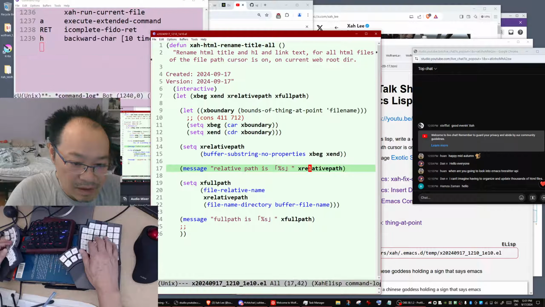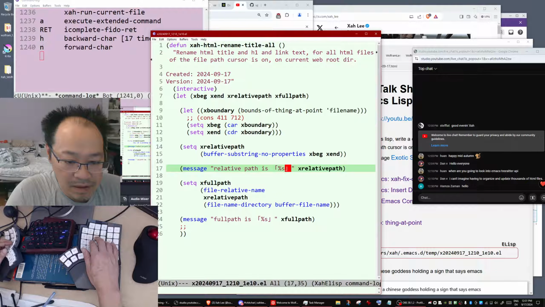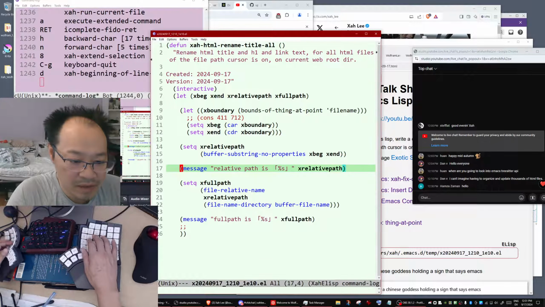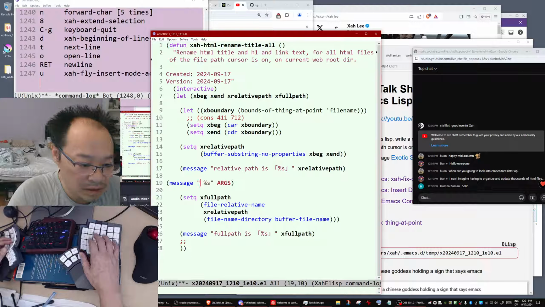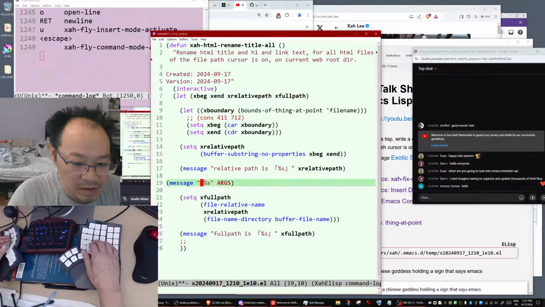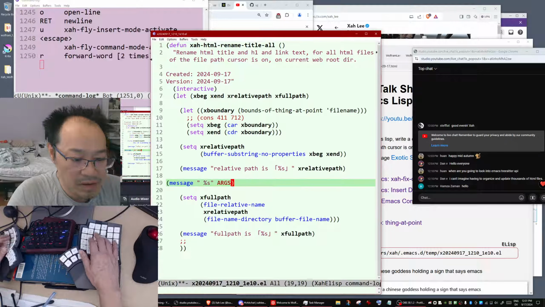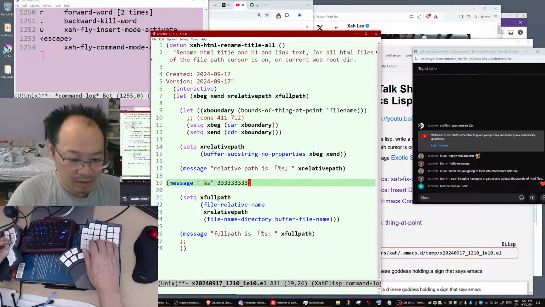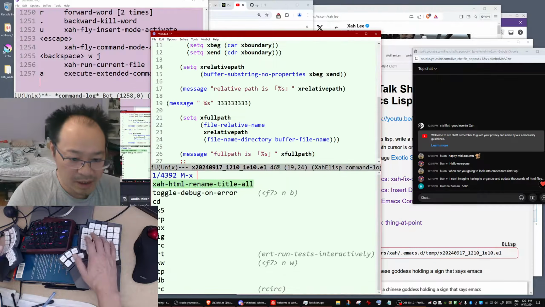You see, this is supposed to be interpreted here, but it's not even getting a value. What's going on? Eval the buffer, call the command, do it.